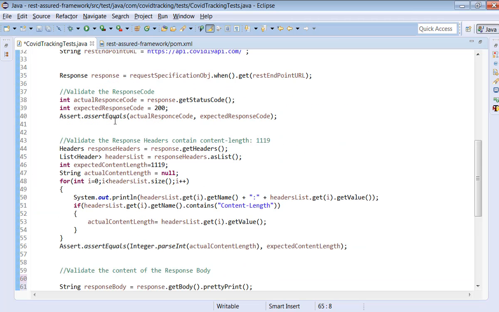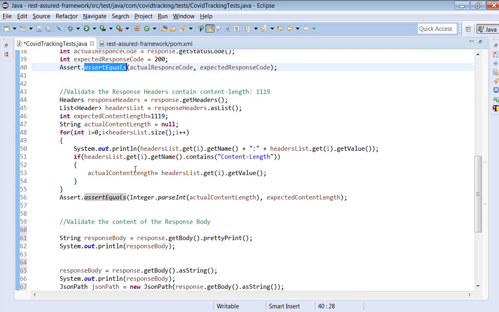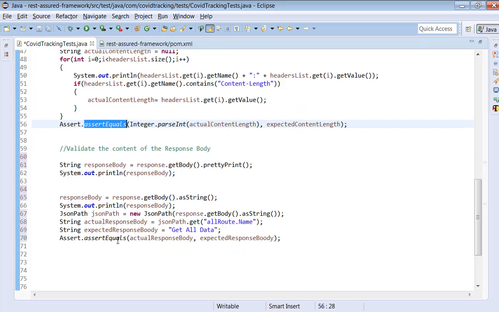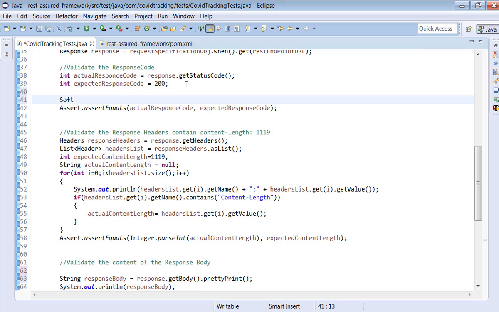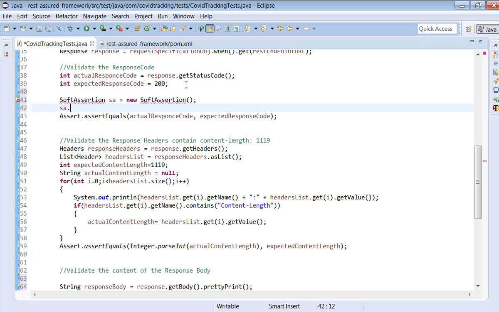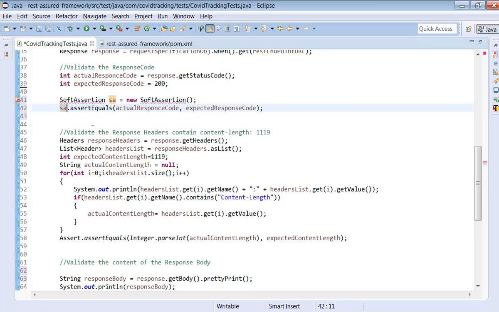Now we have three different assertions: one for response code, one for response header, one for response body. So we can do one more thing also. We can combine these three assertions and create a soft assertion, which is part of TestNG. SoftAssert SA is equal to new SoftAssert. SA dot. You can remove this here, just put SA dot. SA is an object for soft assertion.